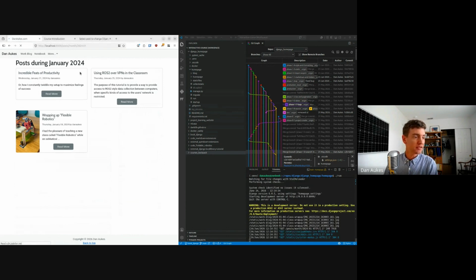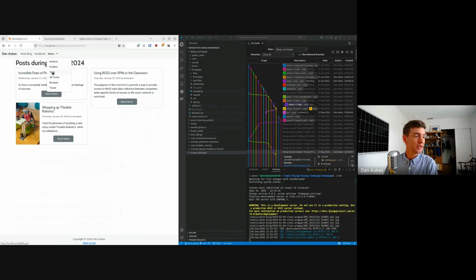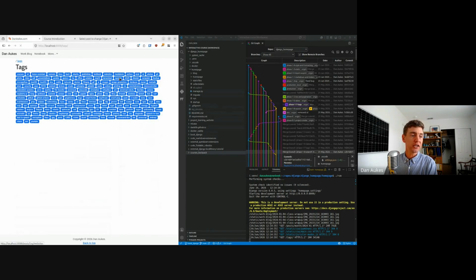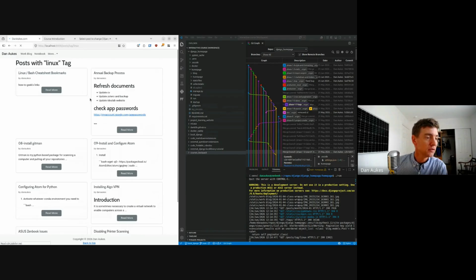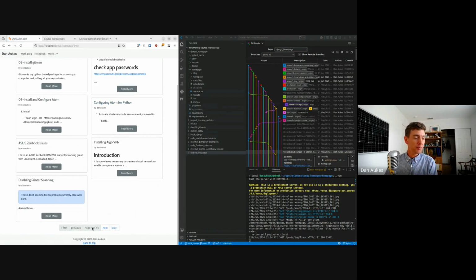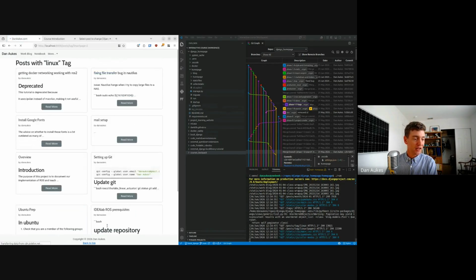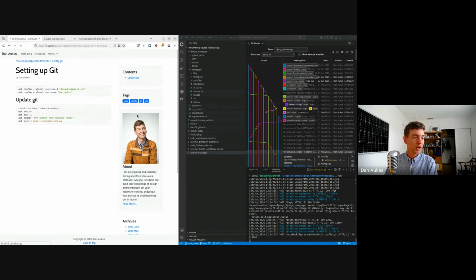So I'm going to go to one more post, phase 1.7, tags. Suddenly, if I reload this, you can see we have a tags menu. So I can click through here and I can see all the different tags that are used in all the different pages. And I could click into one of them, let's say Linux. And you can see that there are a bunch of pages